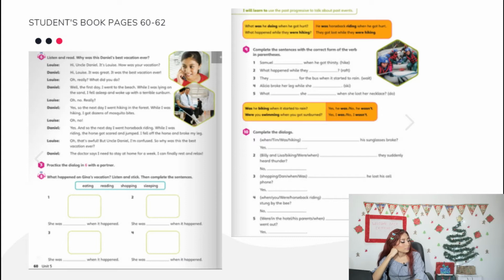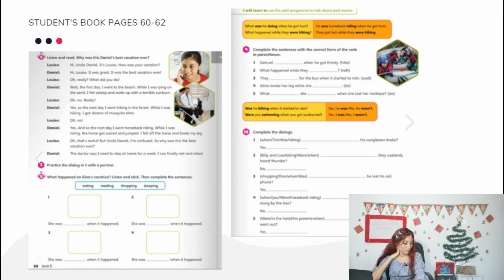While I was lying on the sand, I fell asleep and woke up with a terrible sunburn. Oh, no. Really? Yes. So the next day I went hiking in the forest. While I was hiking, I got dozens of mosquito bites. Oh, no. Yes. And so the next day I went horseback riding. While I was riding, the horse got scared and jumped. I fell off the horse and broke my